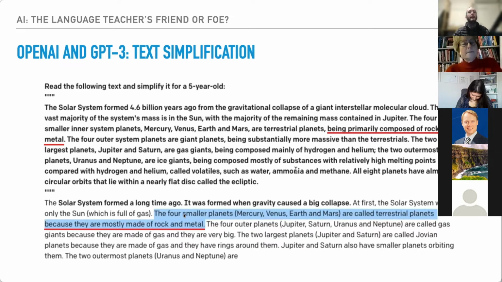in a simpler way. Okay, now I got some negative feedback when I posted this on Facebook. A few people were saying, yeah, but look at all the mistakes it's made. It's not perfect. I'm not trying to say it's perfect, and I'm not particularly advocating for it either. I'm just saying that it is quite impressive, and it can do a lot more than we maybe think it could do. Okay, so it's grammar correction, comprehension questions, discussion questions, and text simplification. Those are 4 examples of things that language teachers do every day, pretty much, and that could be taken over